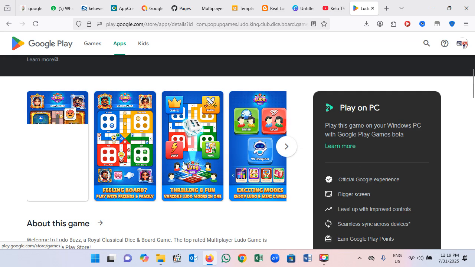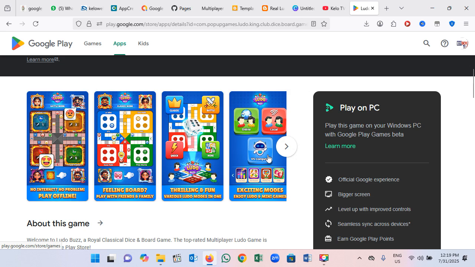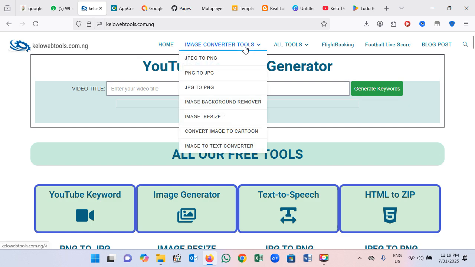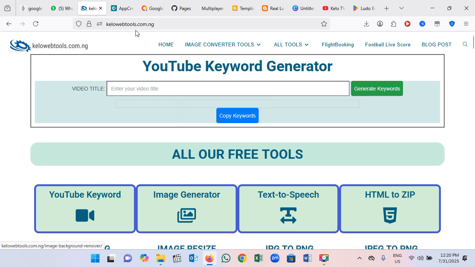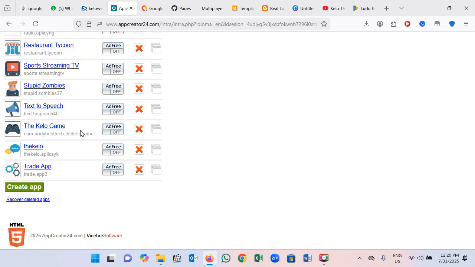Here you can see this is the screenshot of the app. You can see it here. So here you can do anything on this website. If you want to convert any PNG to JPG, or you want to resize the image size, you can also do that here. Okay, so here we go to App Creator 24,